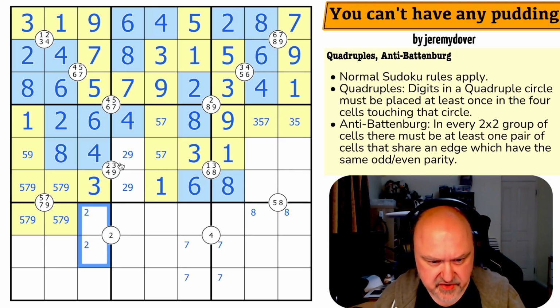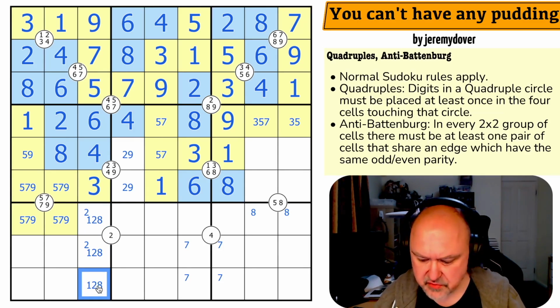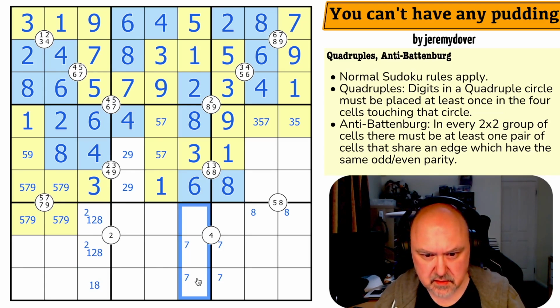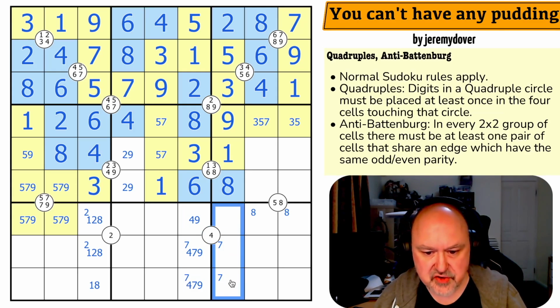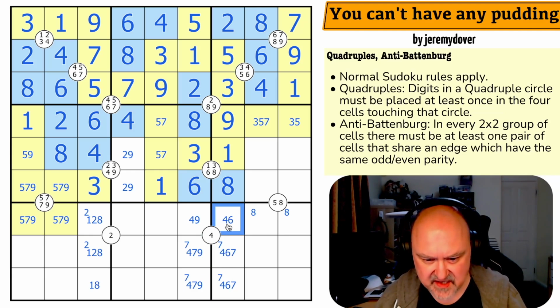The 2 is now in one of those 2 because of the 2, 9 looking down. In fact, I know what these are. 1, 2, and 8. There's no 2 here. I know what these are. 4, 7, 9. But I know there's no 7 there, but I don't know, because I could put the 4 here, down here, and in one of those 2, because these are 4, 6, and 7. And again, I know there's no 7 here. The 8 here is looking across saying that's not the 8. This is a 1 or a 2.